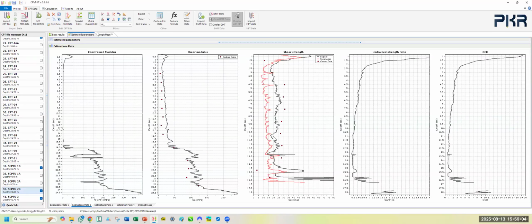This is shear strength. We can compare these VST parameters, here VST, and this is CPT, so we can compare. We see here the VST is a little higher, so it requires correction. These are uncorrected undrained strength from VST. In most cases, I use a 0.7 correction factor. And what's interesting here,